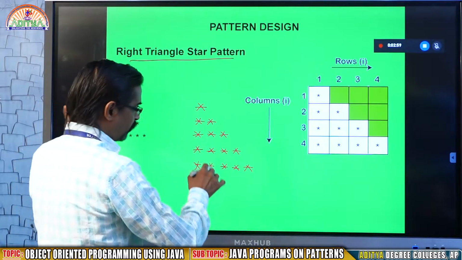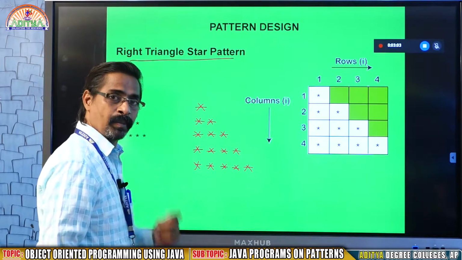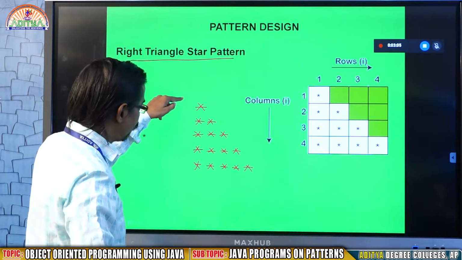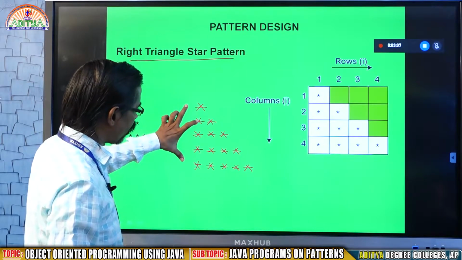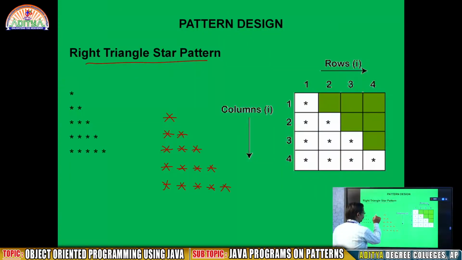Of course, when we ask to print this output, the system may not print it directly, because you need to generate these stars in an order. That means in the first line, I need 1 star. In the second line, I need 2 stars. In the third line, 3 stars.